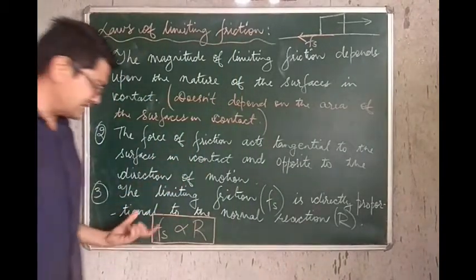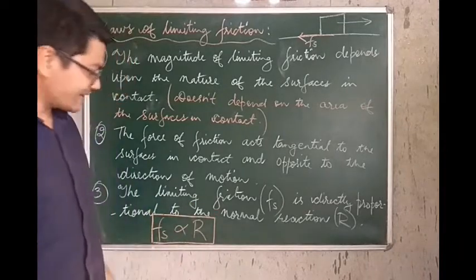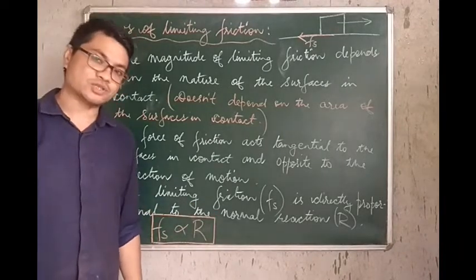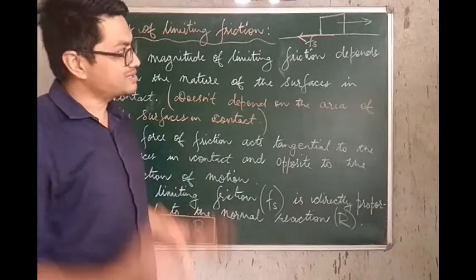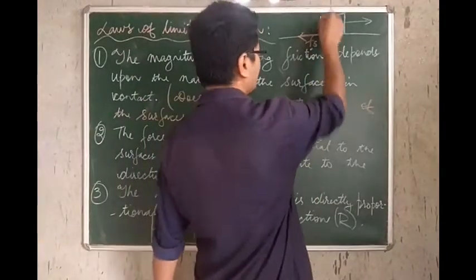The third law tells us the limiting friction is directly proportional to the normal reaction, capital R. So what does this mean? Now this body over here,